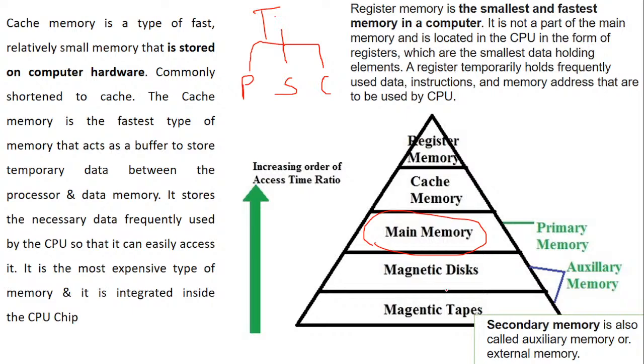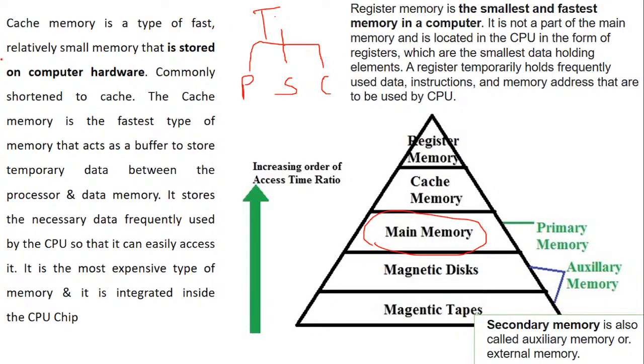RAM is a volatile memory, and ROM is a non-volatile memory. Now, what is volatile, what is non-volatile? We will do it, but in short, volatile memory cannot store the data permanently. When the user wants to save data in primary memory, it cannot be stored permanently at that particular location. I hope it is clear, and don't worry, we are going to do this tomorrow in detail.